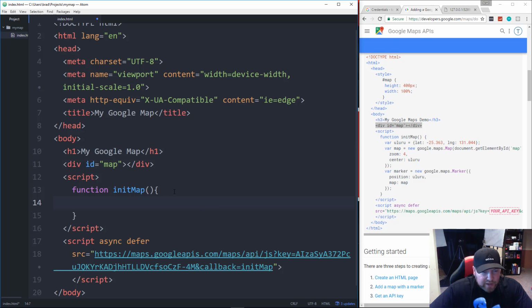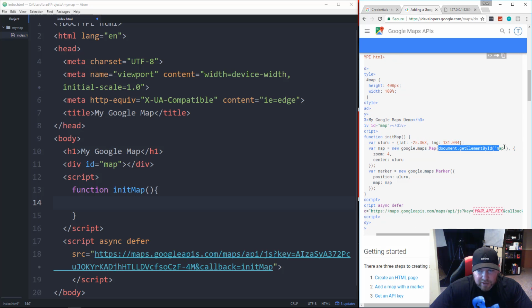All right, and then inside initMap, we're going to want to do a couple things. So we're going to want to set a variable called map and set it to a new Google Map object. Since we included this script right here, we can do new google.maps, and then we can do different things. To get the map, we just do dot Map, and that's going to take in two parameters. One is going to be the element that we want to dump it in, which is the ID of map, and then some options. Now I like to put my options inside of a variable, so what I'm going to do is say var options,